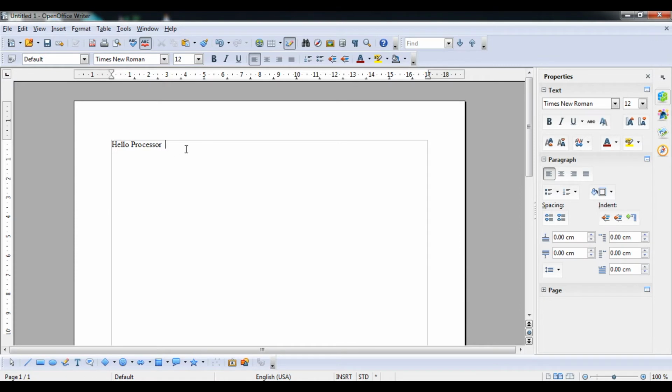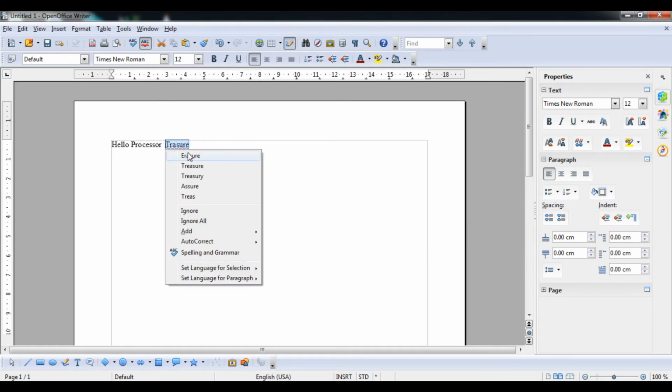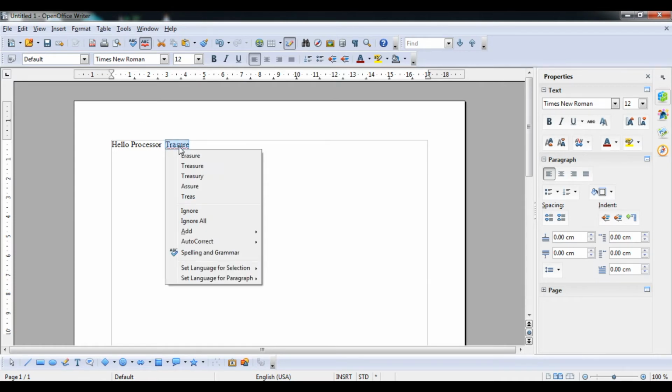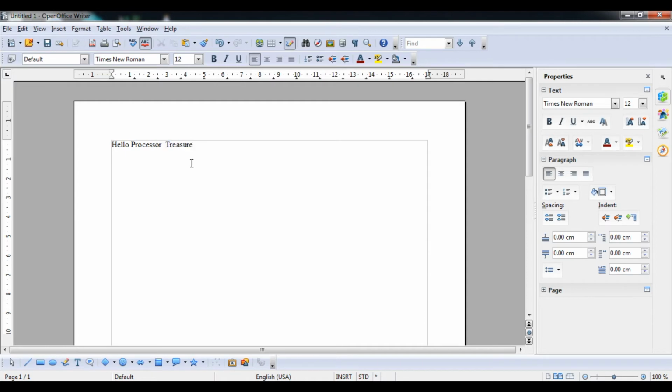Now suppose you write something like this, again you have to right click and you can see that a number of synonyms are given here, and the thesaurus option is there. So there are three methods, student, to check the spelling. First, by pressing the ABC button, or pressing the F7 button directly, or right click on that particular red underlined sentence or word and select the correct one. And now we have completed how to do that.